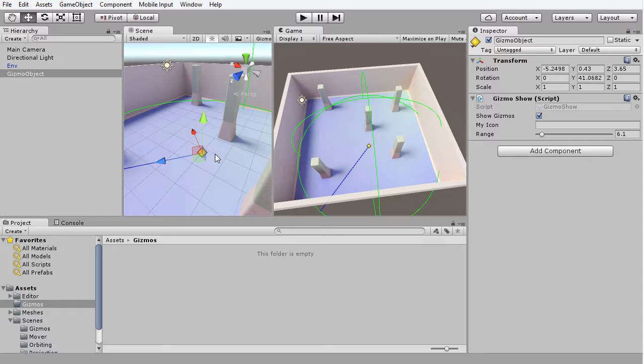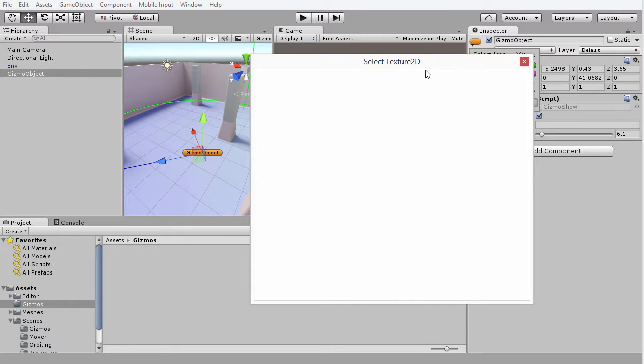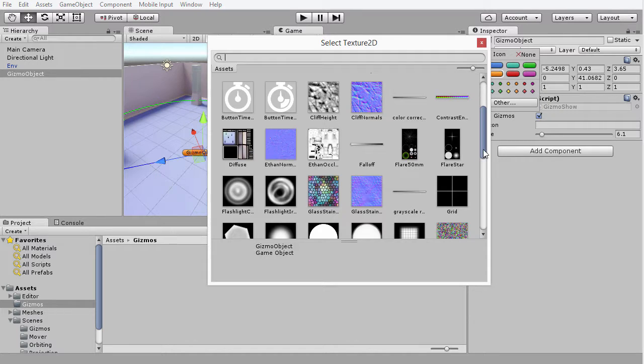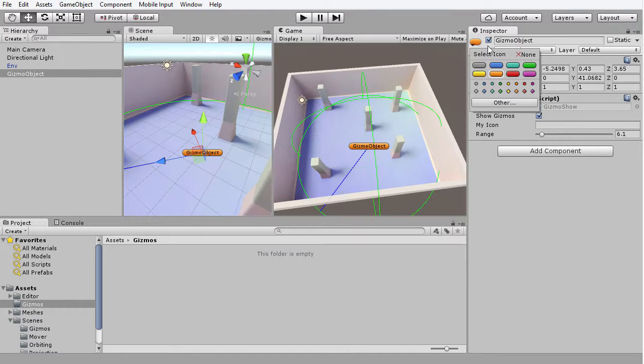If I didn't want a diamond icon, I could select this and choose one of these tabs, for example, the orange tab, and it displays the name of the object at the center instead. Alternatively, I could click the other button to import one of my own textures, like any of these, for example, but I don't want to do that either. Instead, I want to just choose none,